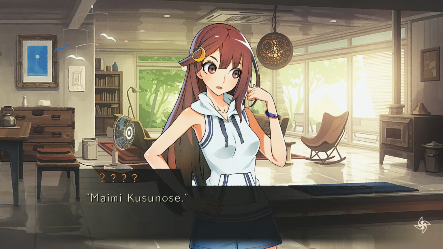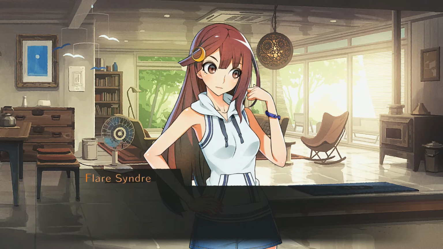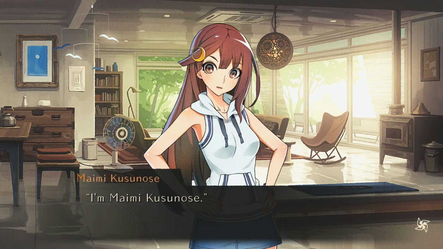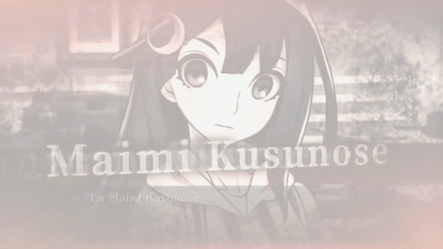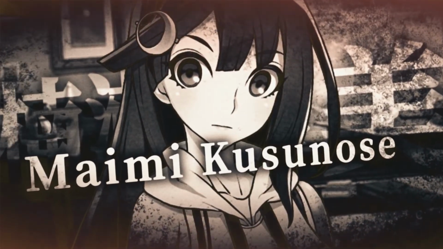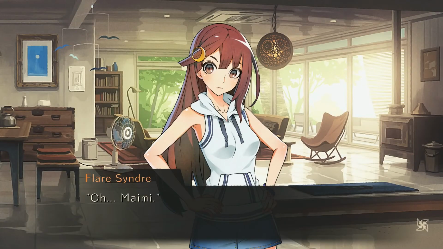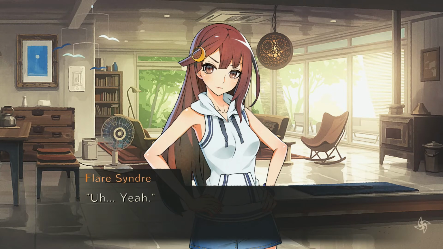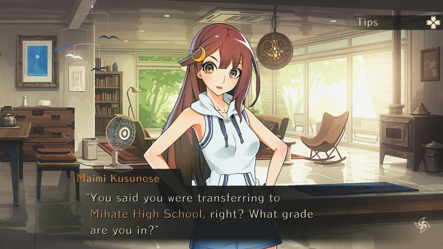楠瀬舞美。 Mimey. Huh? 私の名前まだ言ってなかったから。 Ah, so that was the bossy one. I recall now. 楠瀬舞美だよ。 Thanks, Mimey. That's a dramatic intro. Oh, Mimey. ちゃん付けやめて。気持ち悪いから。 It does not sound gross. Yeah. あんた、三畑高校に転校してきたって言ってたよね。 Yep. 学年は？